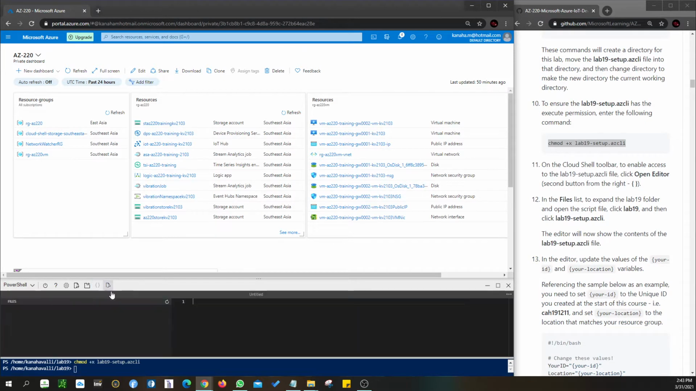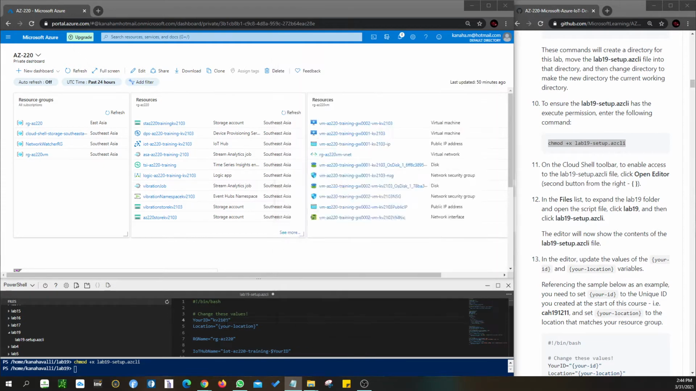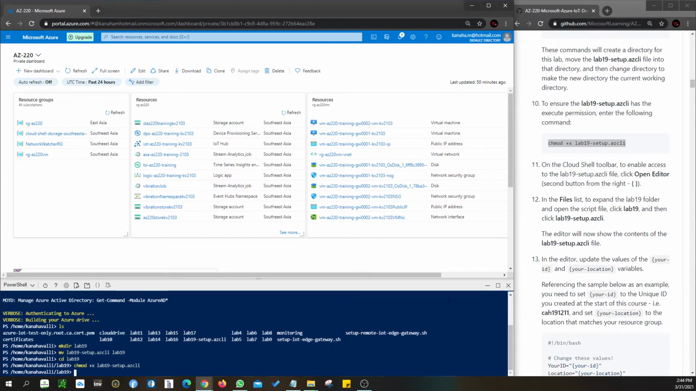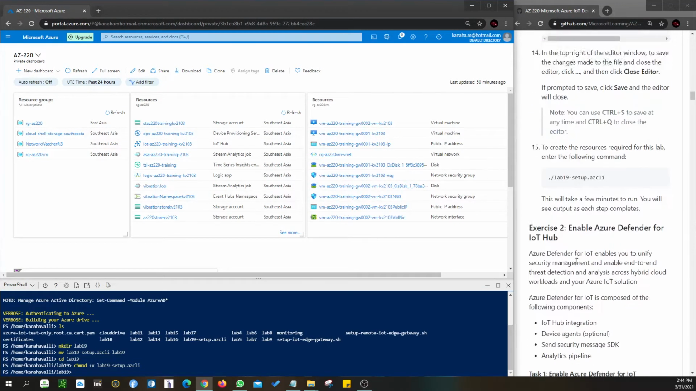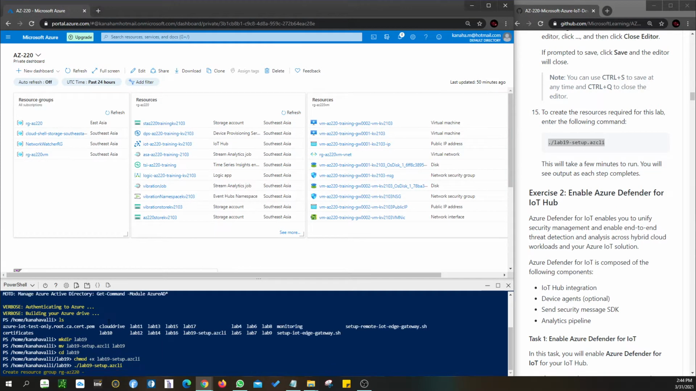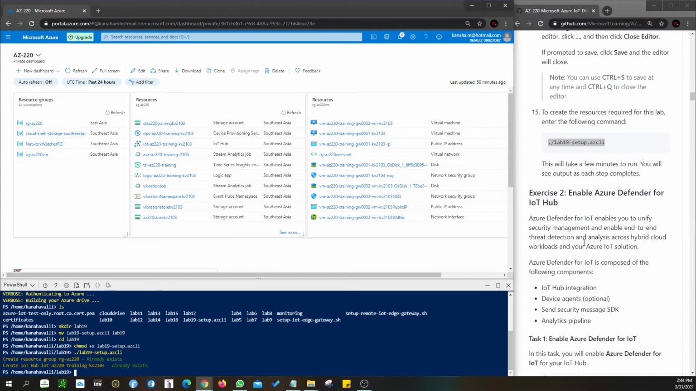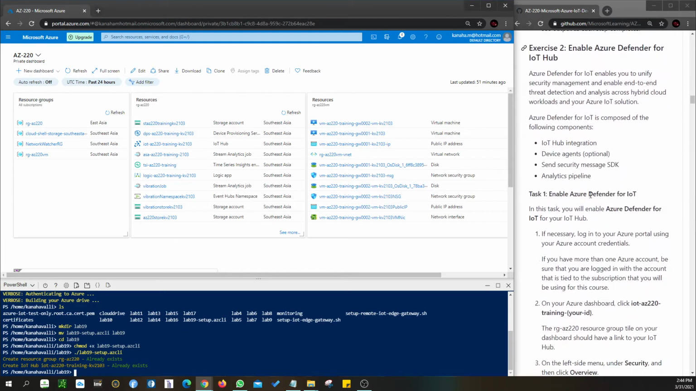Now open the editor, search for the lab 19 folder, click on this, change your ID to your current ID, and make sure you have your node. Your region is actually your location. Save and close the editor. Once that is done, you can execute this setup to see whether all the prerequisites exist in the system. Yes, everything already exists, so we are good to go to exercise 2 of lab 19,